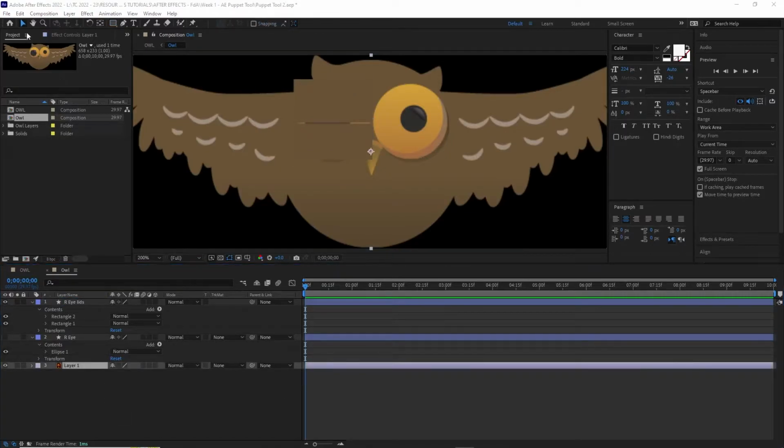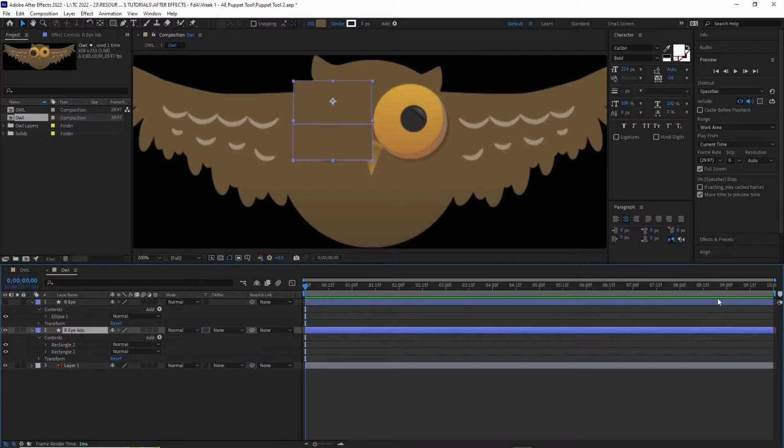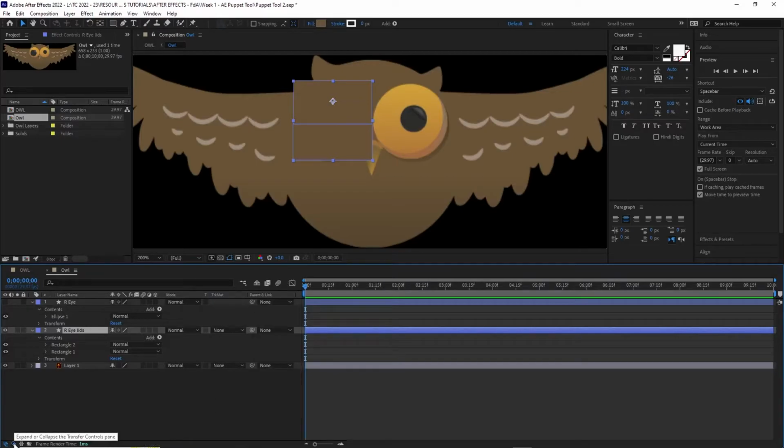If you do need to adjust those further, you can select the selection tool. You see you've got the rectangle 1 and 2 sub layers here, so you can click on the sub layer you need, and then again with the arrow key you can just adjust those further if you need to. Okay, if you then drag those below, so the right eyelids layer below the right eye layer, and then just checking, going down to the layer panel here, just check that the layer transfer controls are toggled on here, so that you click on this, hope you can see here, this little toggle here,